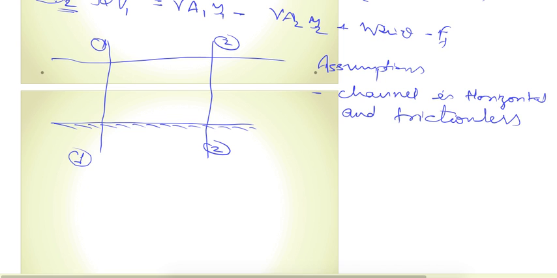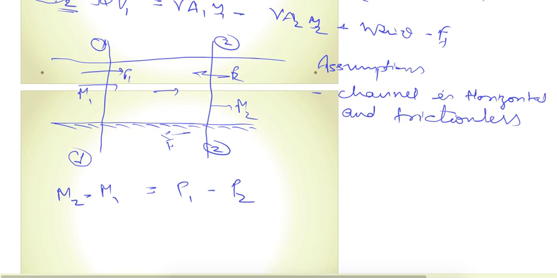So there will not be any component due to the weight of the fluid in this direction, and there won't be any frictional force. So only two forces will remain, that is the momentum at this section and the pressure at this section. So we can write momentum out minus momentum in is equal to the sum of external forces, which in this case is P1 minus P2. So if we rearrange it, it is P1 plus M1 equal to P2 plus M2,